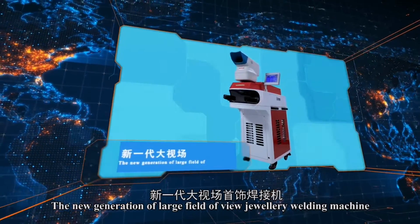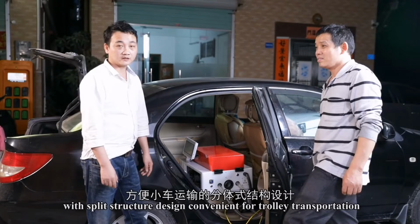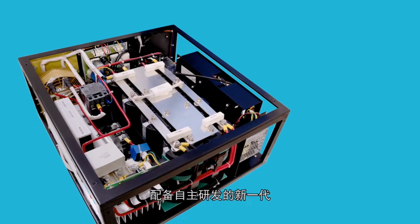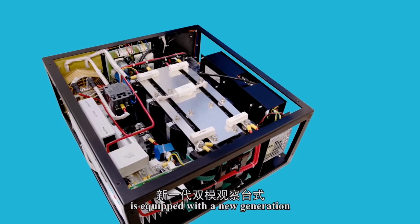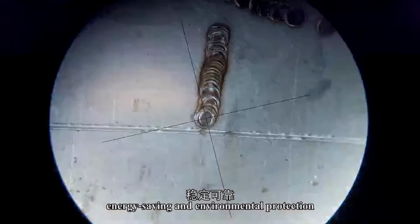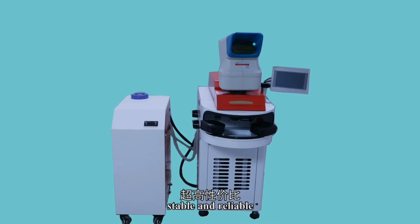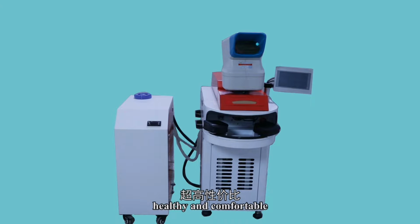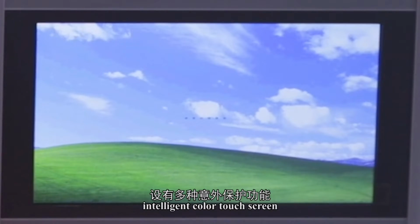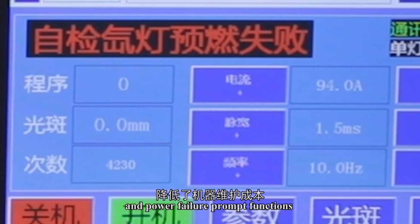The new generation of large field of view jewelry welding machine, with split structure design convenient for trolley transportation, is equipped with a new generation of high-energy pulsed laser power supply, self-developed, energy-saving and environmentally friendly, stable and reliable, healthy and comfortable, super cost-effective. Comfortable sitting position, intelligent color touchscreen, various accident protection, and power failure prompt functions reduce machine